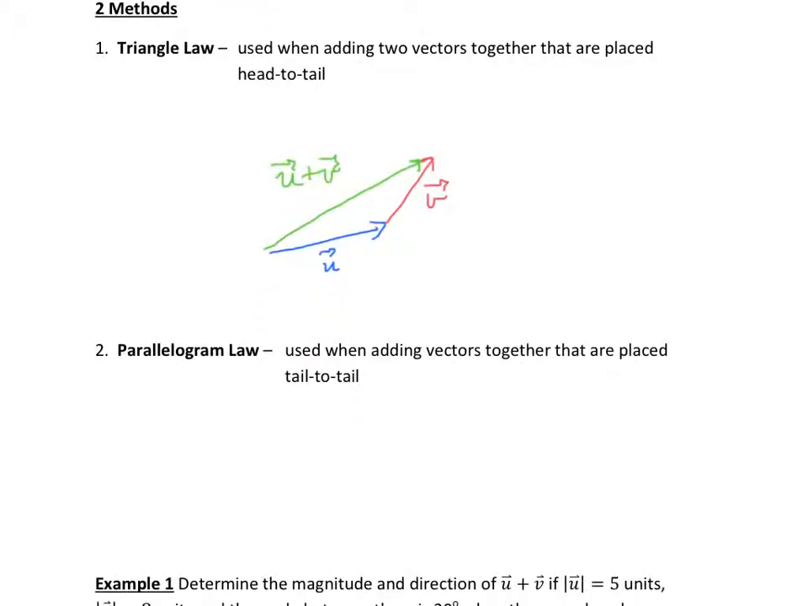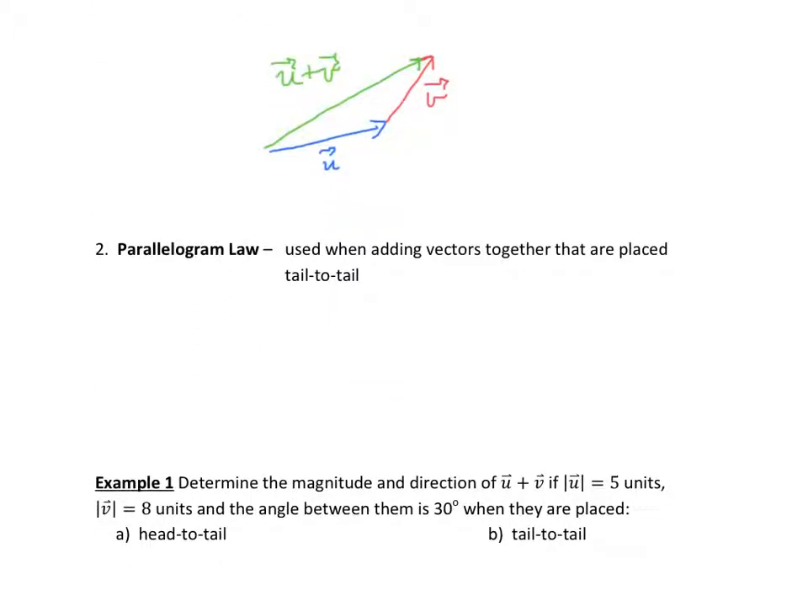The parallelogram law is used when adding vectors together that are placed tail to tail. So let's look at one like that. So that would be, let's say we have vector u and vector v. Now if I want to add those together, what I do is I sort of slide vector v over to this side,